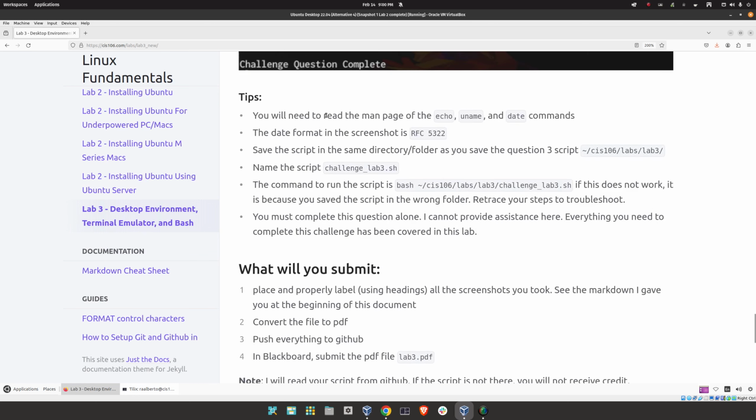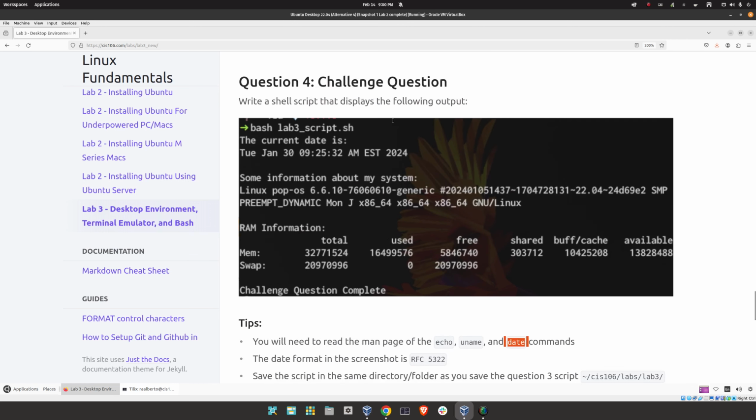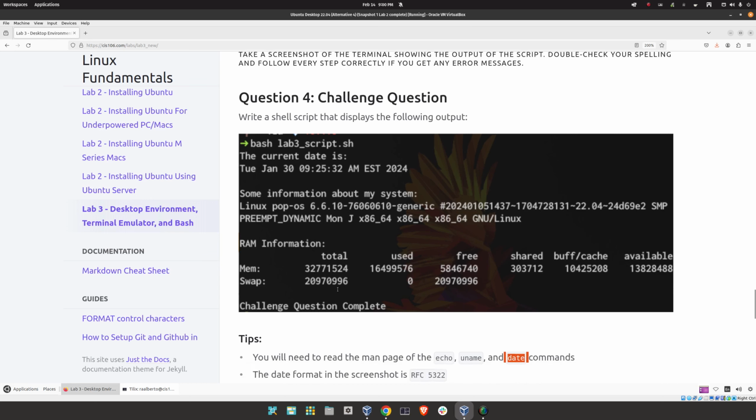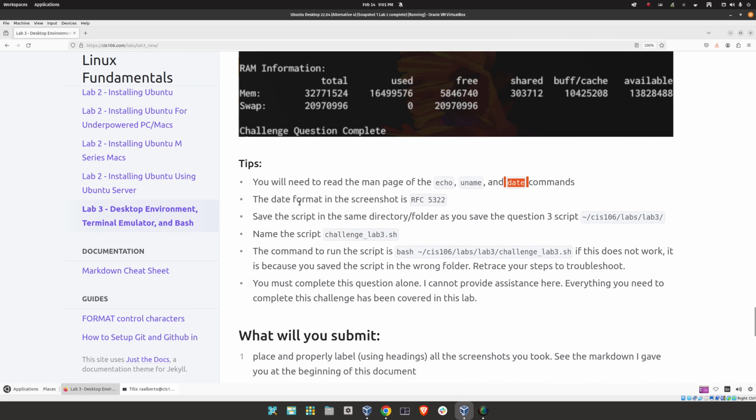Here are some tips to help you. You will need to read the man page of echo, uname, and date. Those are the commands I used in the screenshot. And this command over here as well is in the presentation for RAM information. Now, save the script in the same directory folder as you saved the question 3 script, which is lab 3. Please name the script